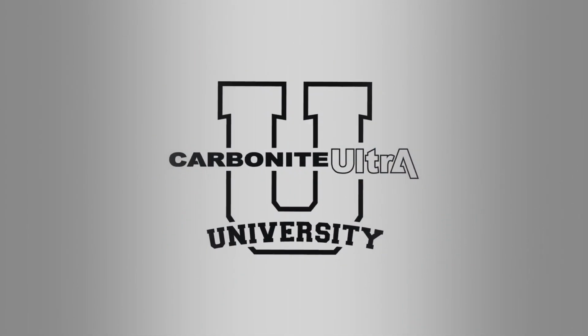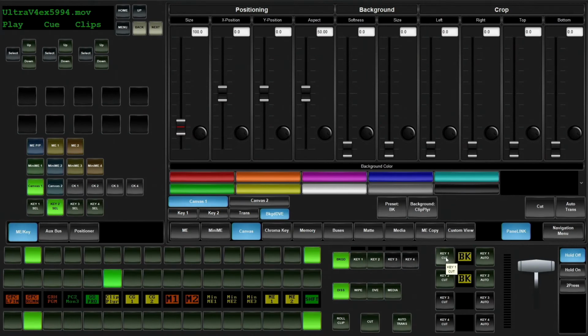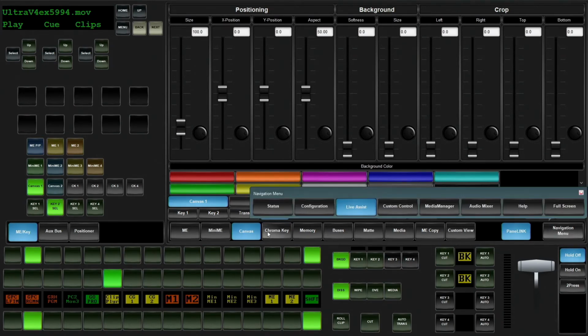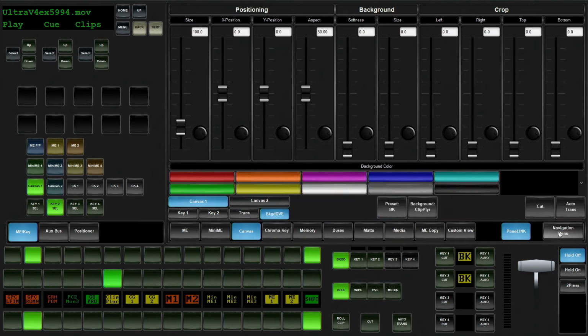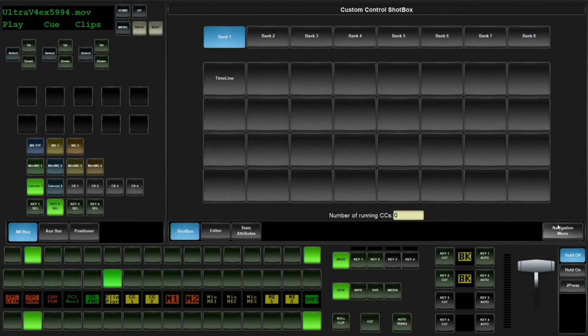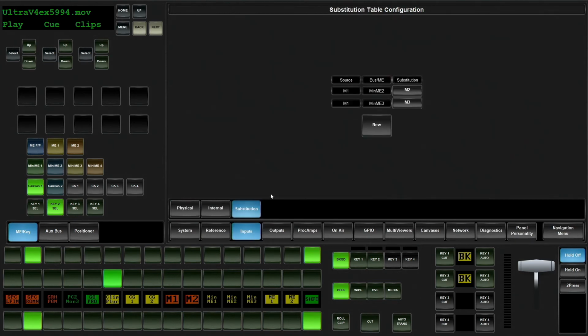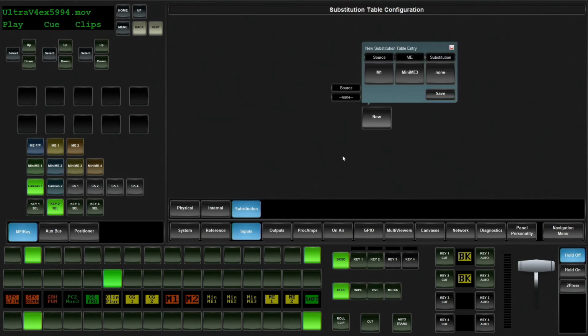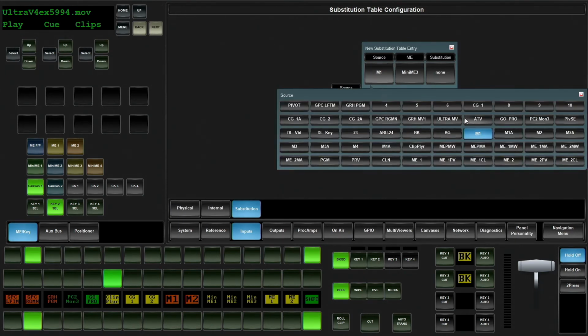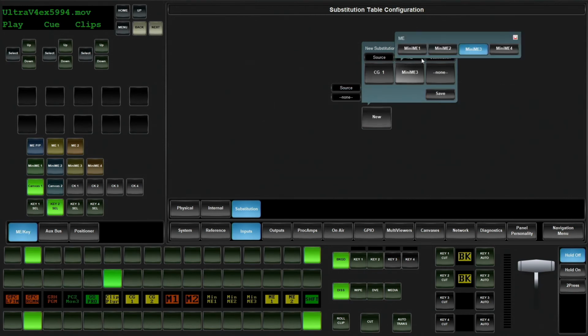So with that, we're going to head back in to dashboard. If I was to assign a key right now, it's going to scale it across the whole screen using a DVE. What we first have to do is make sure that we use the substitution table that we learned about back in input configuration. So we're going to go ahead, jump into configuration, go to inputs, go to our substitution table. So now I've got my graphics engine, could be a Tessera SE, and here I'm going to be using channel 1 on Mini ME2.